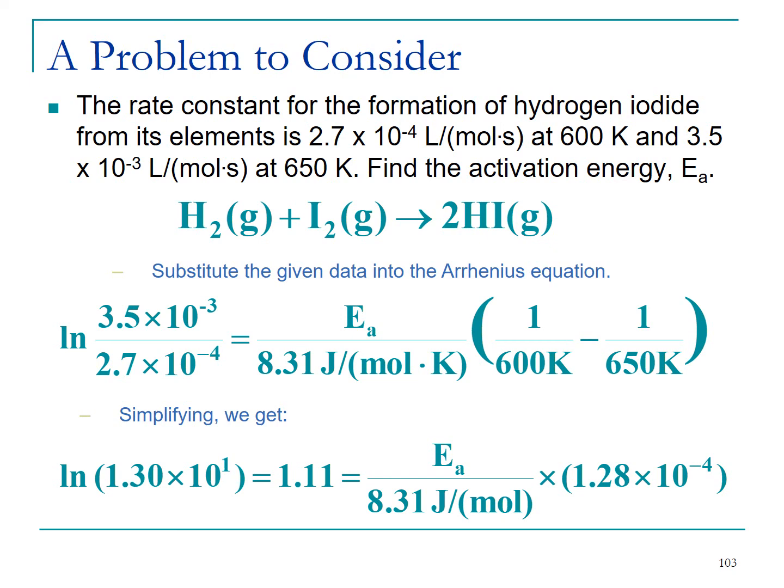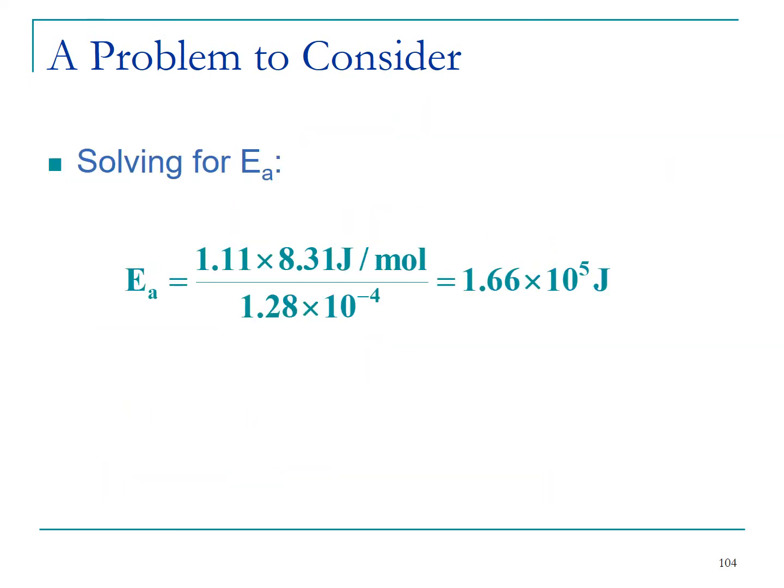And this time we're using the constant 8.31 in terms of joules per mole Kelvin rather than the gas law constant 0.0821 liter atmospheres per mole Kelvin, because we want to know joules of energy. So this is just the other term that we use if we want joules. And then we have the T1 minus T2. So if you take the natural log of that ratio, it equals 1.11, and then multiply by the 8.31, divide by the 1.28 times 10 to the minus fourth, and we'll find the activation energy is 1.66 times 10